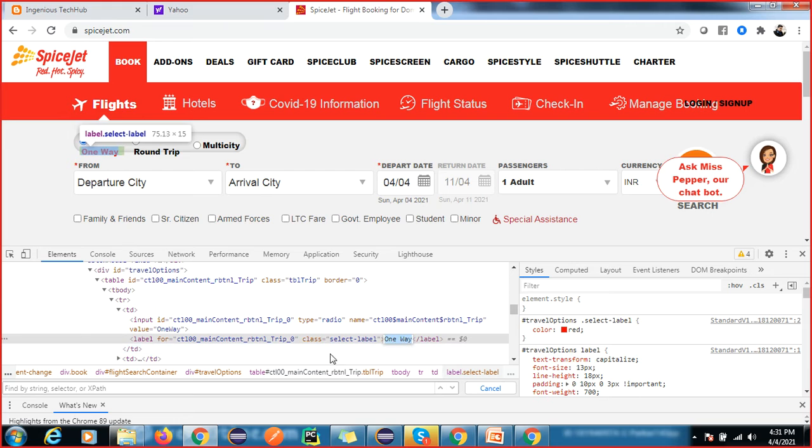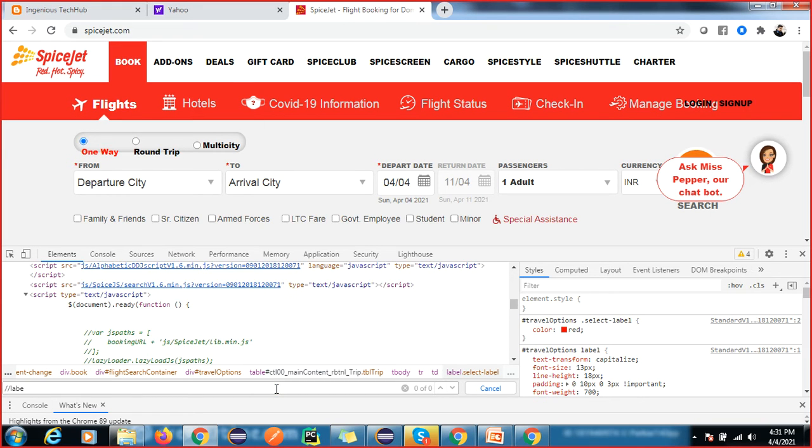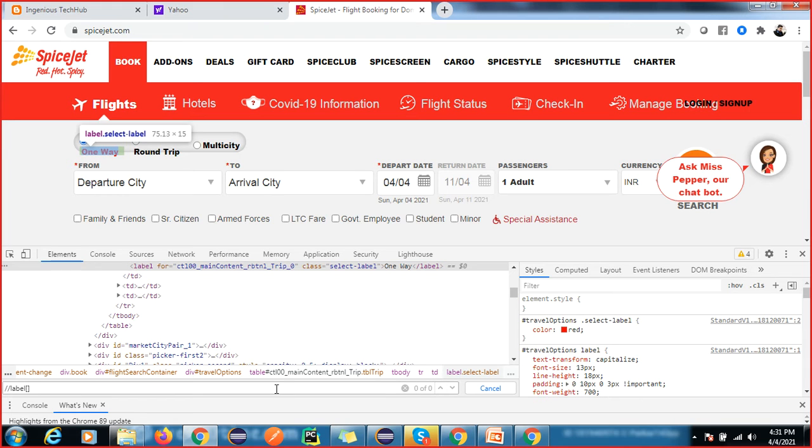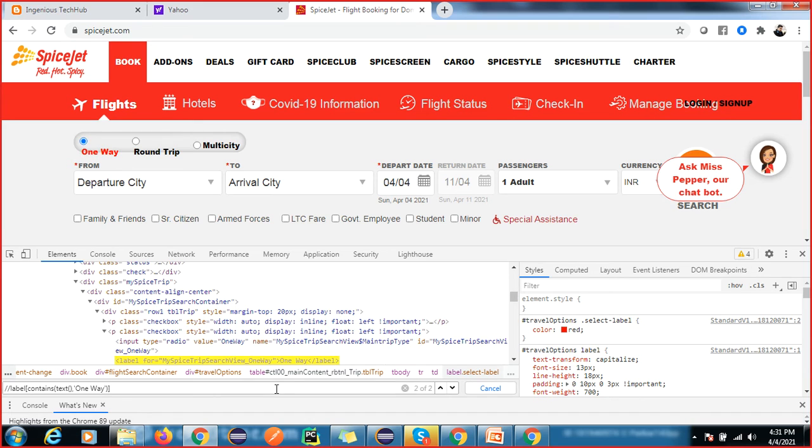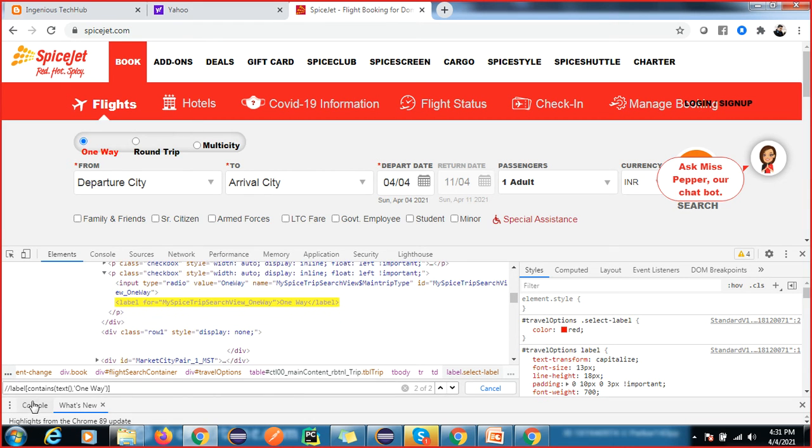Let me go here and we can write the label, dot, what is this? This is the text, right? Contains text. This also seems to have two nodes, so I will use the index concept.